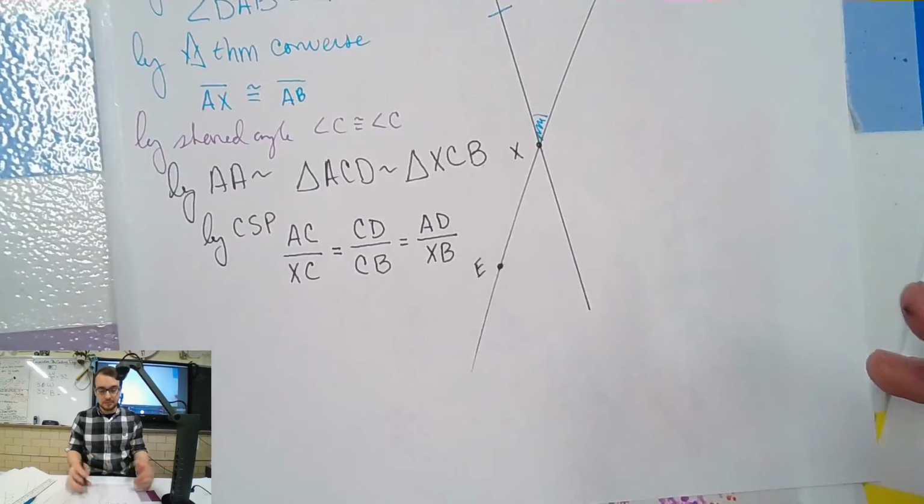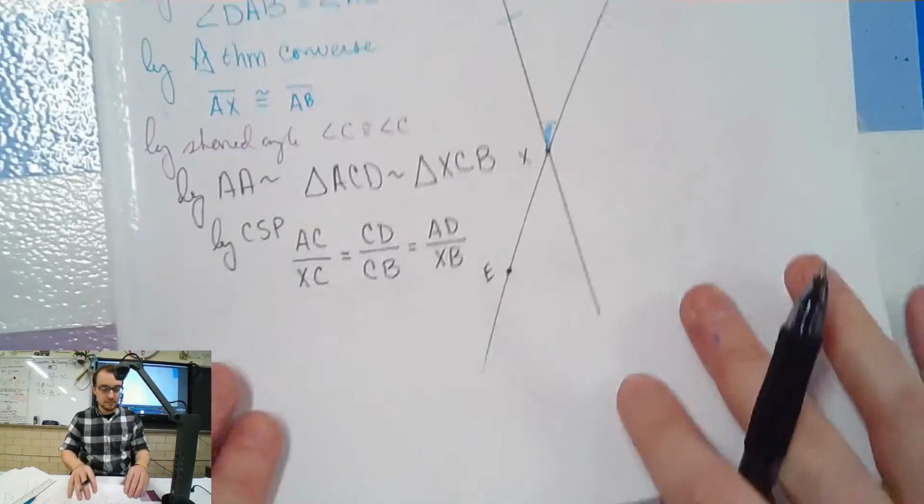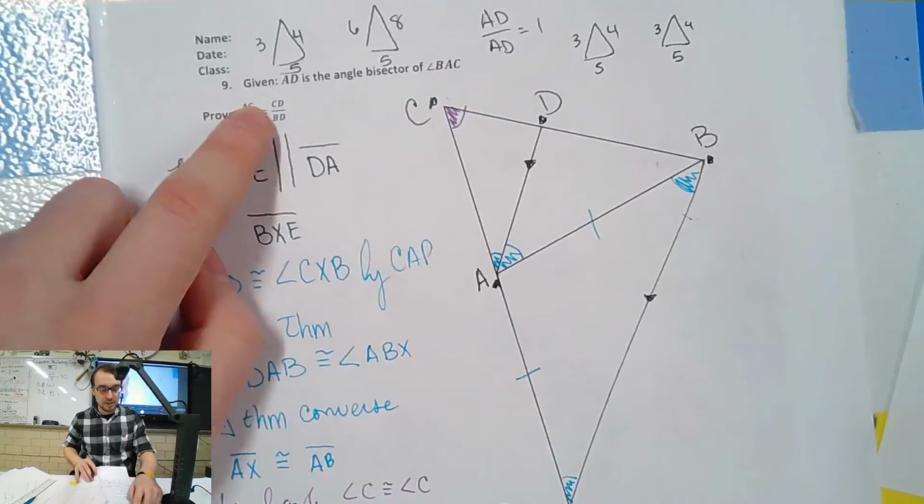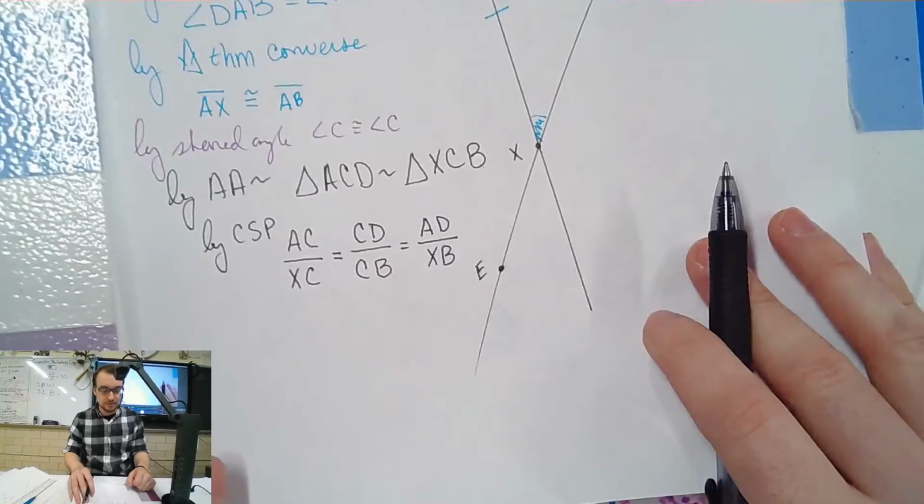Now, here's the problem. We want to know about AC and AD. Well, here's AC. I don't see any ABs. We want to know about CD and BD. Well, there's CD. I don't see any BD. And here's why. If you look at our diagram,